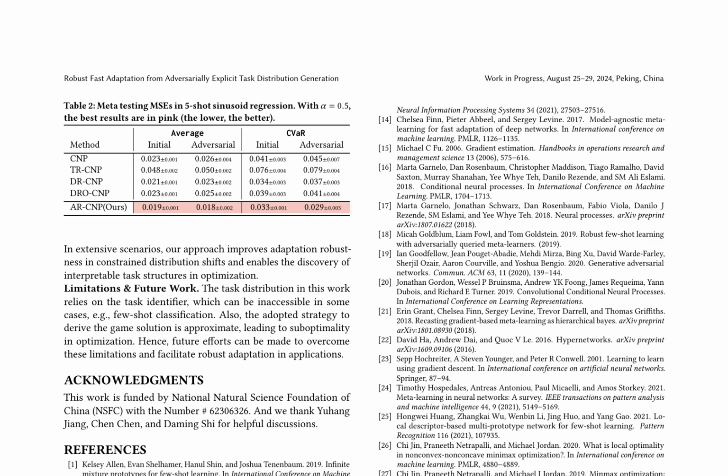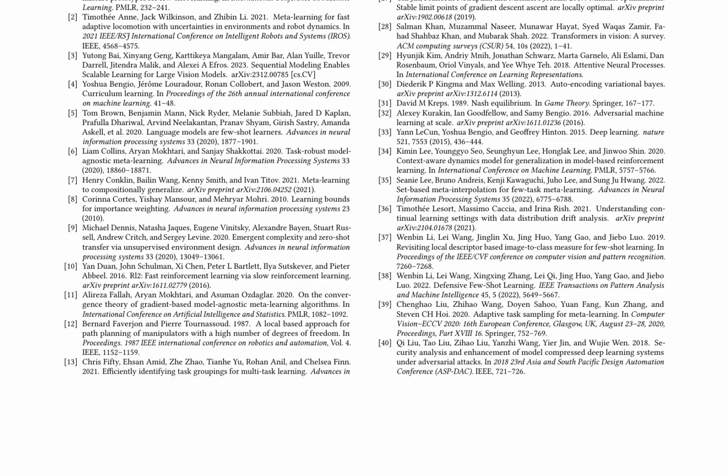The authors propose an algorithm named ARCNP, Adversarially Robust Conditional Neural Processes, which utilizes game theory to model the interaction between the meta-learner and an adversary that generates tasks. The ARCNP algorithm aims to find a Nash equilibrium in this game, representing a balance point where neither the meta-learner nor the adversary can unilaterally improve their performance. This approach is shown to improve adaptation robustness in constrained distribution shifts and facilitates the discovery of interpretable task structures